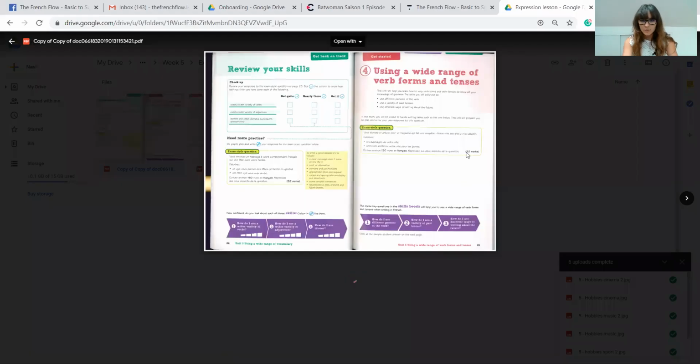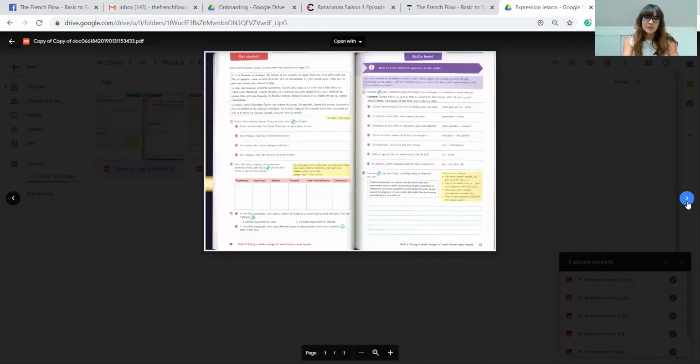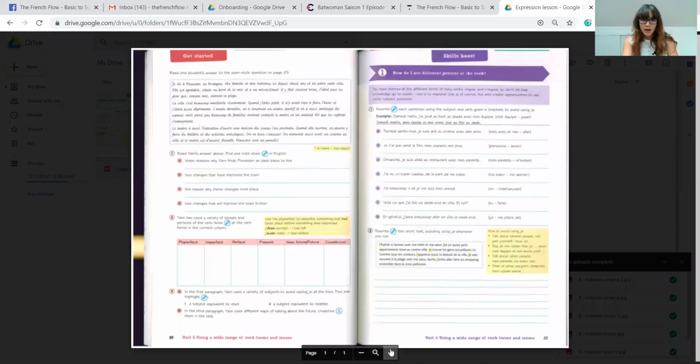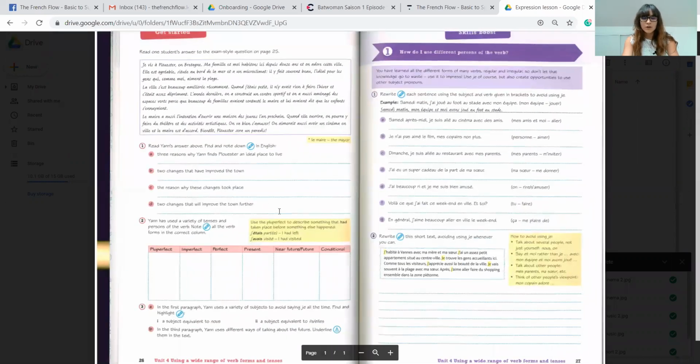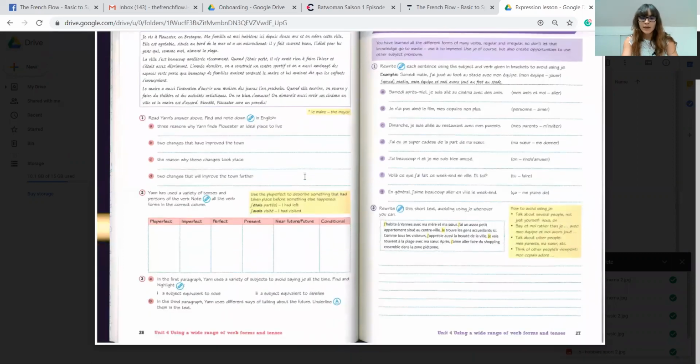So first things first, I'll just share my screen with you. I'm going to let you do the get started, which is there. That's the first page. It's called using a wide range of verb forms and tenses, just like I said. The first thing is, we don't actually ask you to do that exam question, okay, just have a look at it, and then move straight to the get started, which is here. Using the exam style question, look at how this person answers the question, and what you can